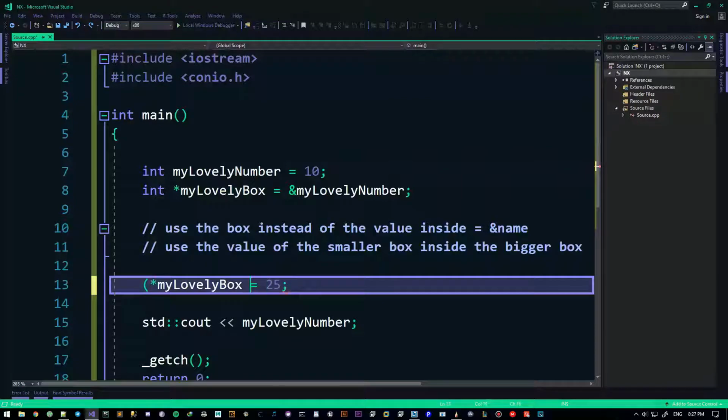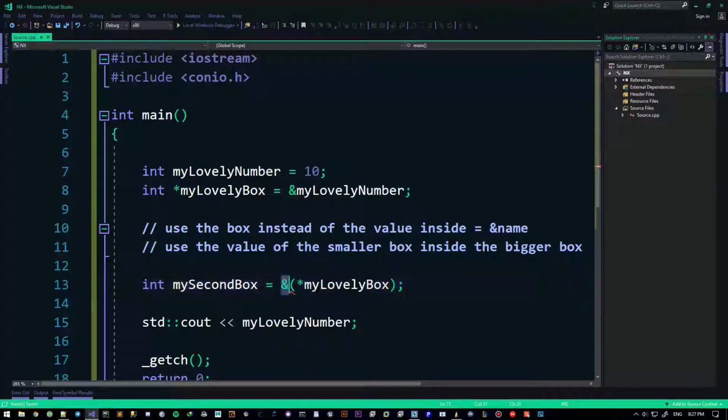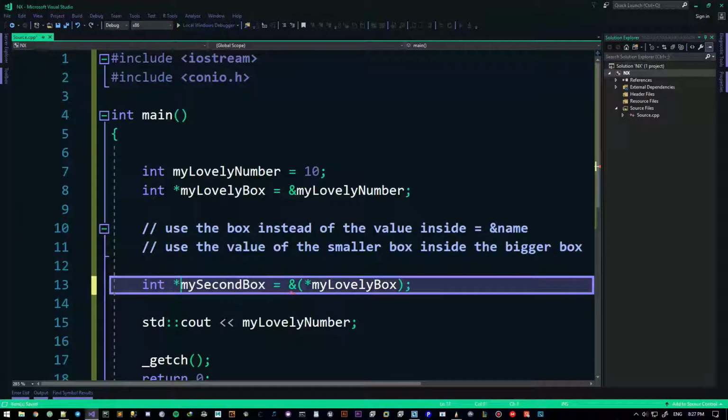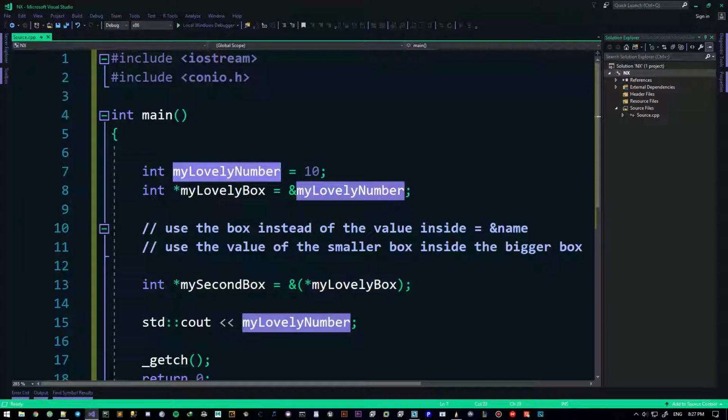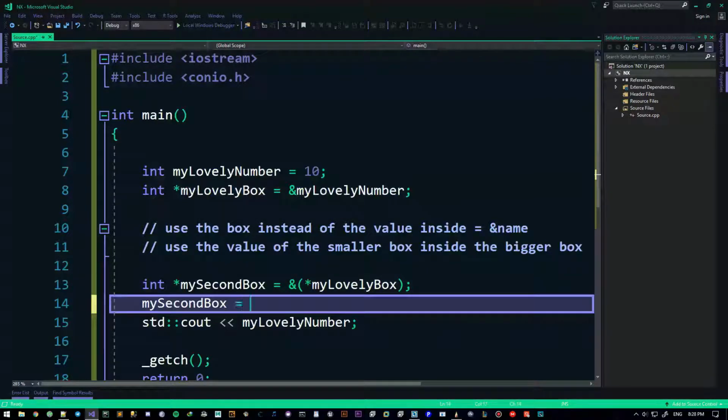Now, I can prove it to you. I can make another pointer, my second box, which is equal to the address of this guy. Oh, well, I just said it, but it's kind of like that. Alright, so, well, not quite. I need to put a pointer here, and that's it. So this is exactly this. And this will just add this. So if I put exactly this here, and then put this guy, I want the box itself, it'll just be put to that. And I can do my second box equals 10.